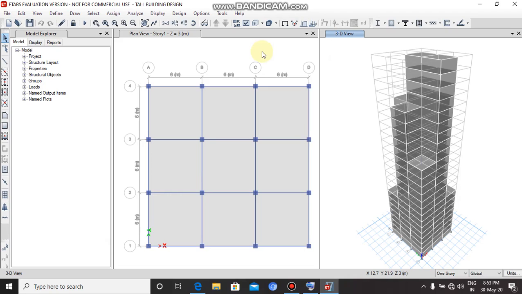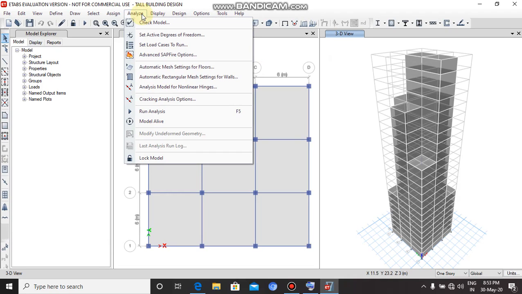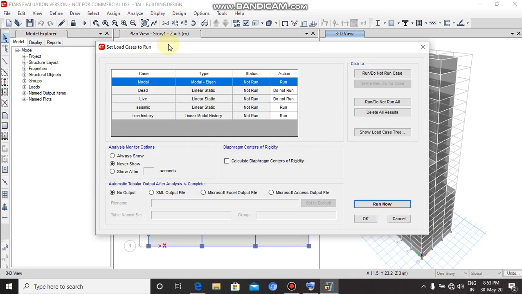Now we have to do the analysis part. For that, go to the menu Analyze, Set Load Cases to Run option. As we are doing the seismic analysis, there is no need for dead and live load, so do not run.